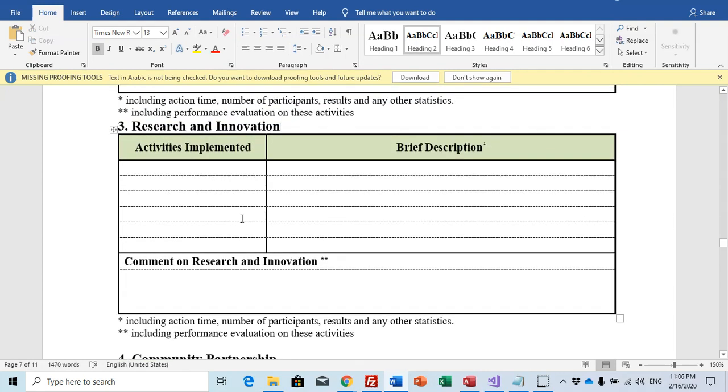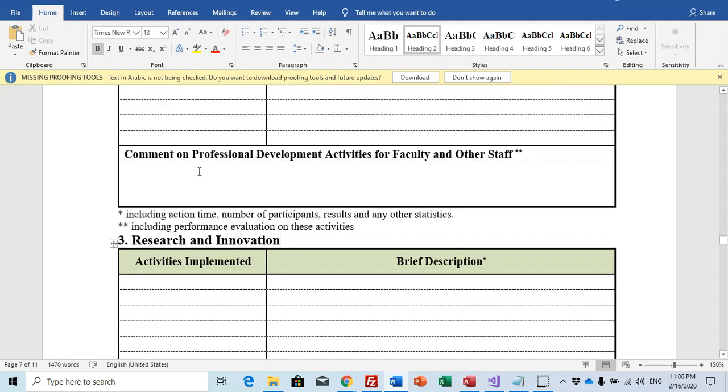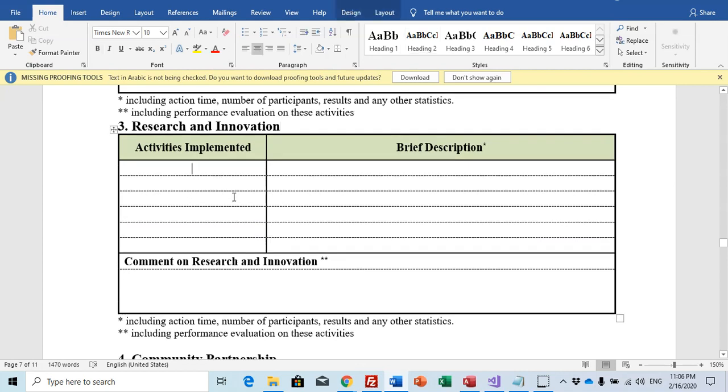Research and innovation. For research and innovation also there should be activities implemented, for example, a workshop on how to fill an ISI paper, or maybe some activities not organized by the program, maybe by the college, or maybe by the research deanship, or maybe by other deanships or outside the university.